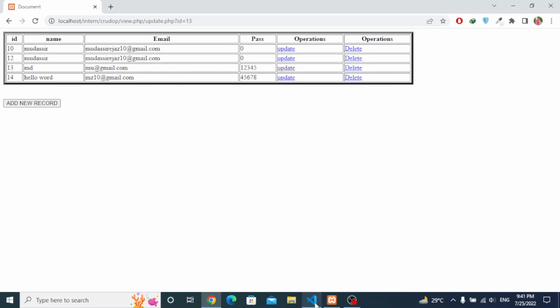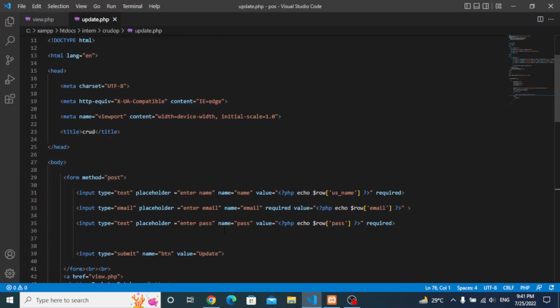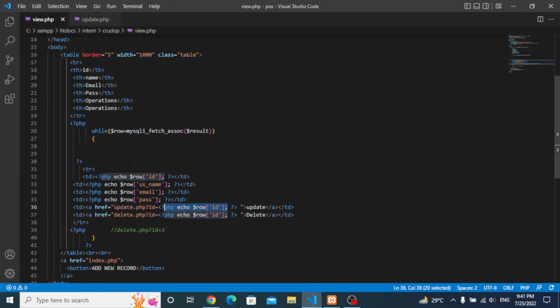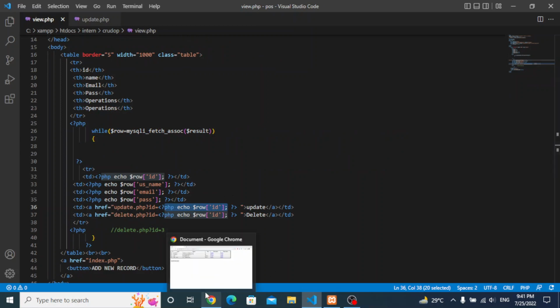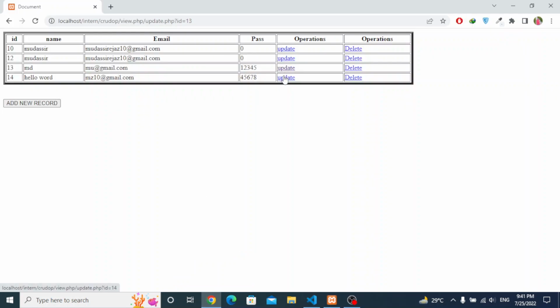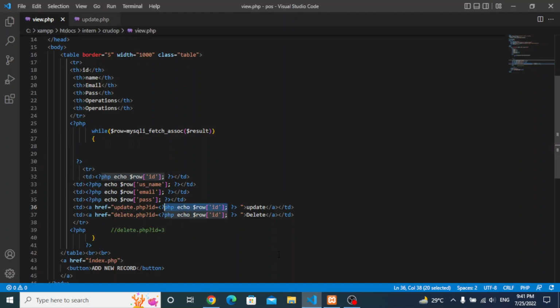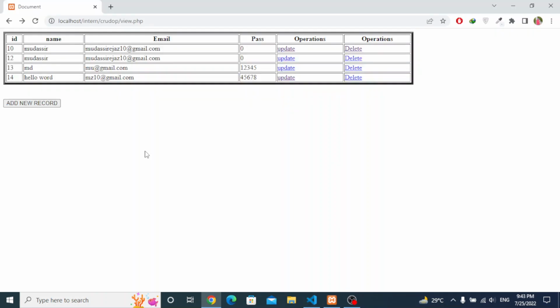Why it not going to the second page? Let me check what happened with it. Update.php start, nothing problem. Then why it's not going to the next page? Update.php. Okay, let come back to our lesson, and now it's in working. There is some issue with it, but now I'll make it correct, and now I will tell you how the